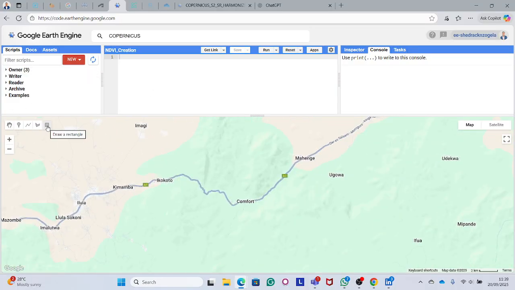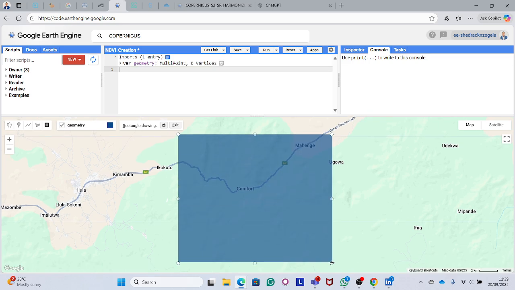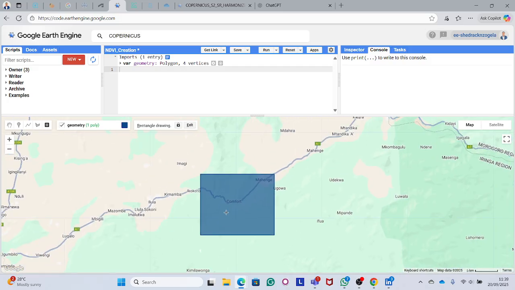Then I have to draw my rectangle. So here is my rectangle. Once you do this, we have already imported a variable called geometry, which is our area of interest. And then what we have to do now is to import the